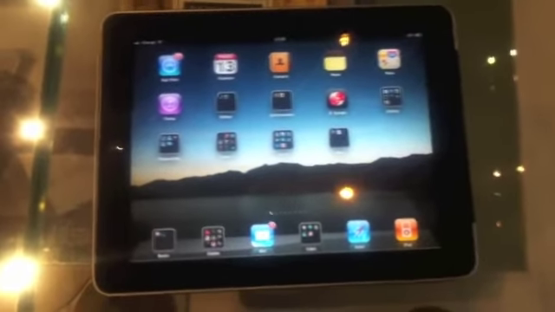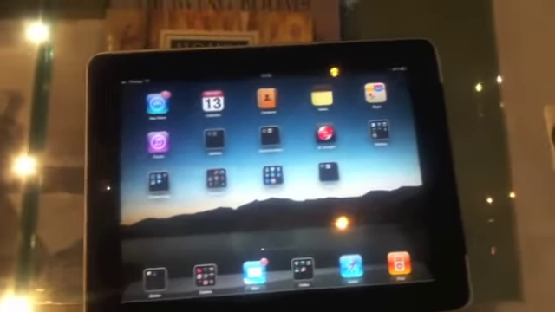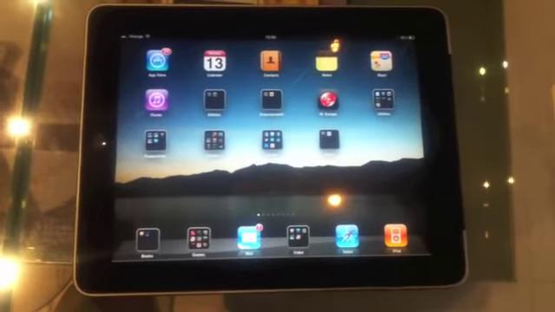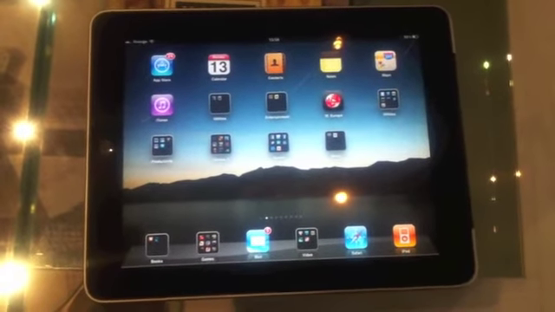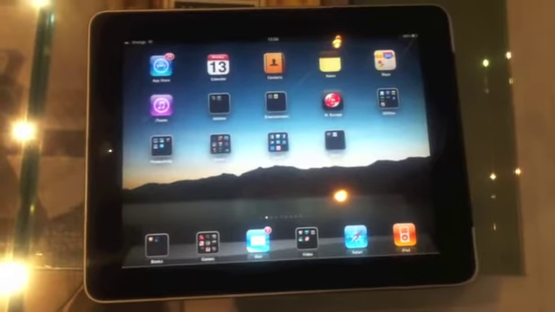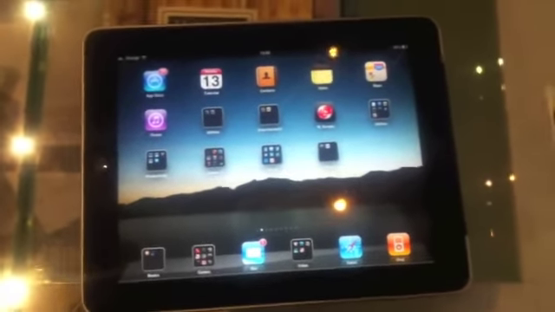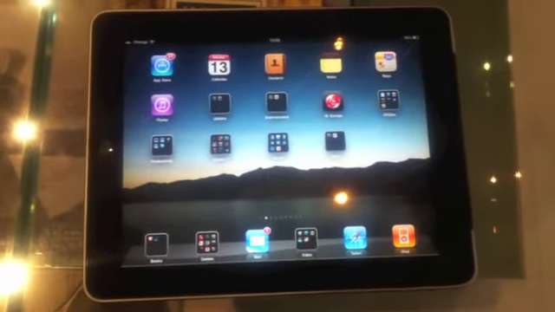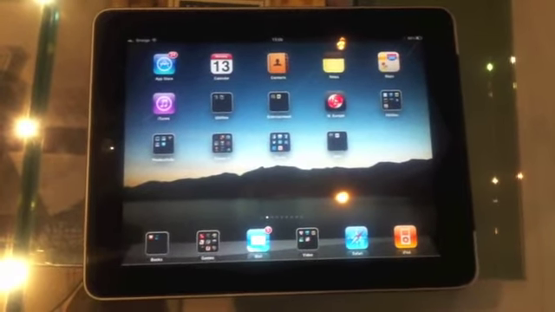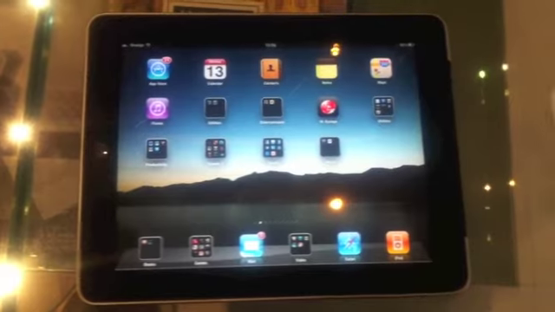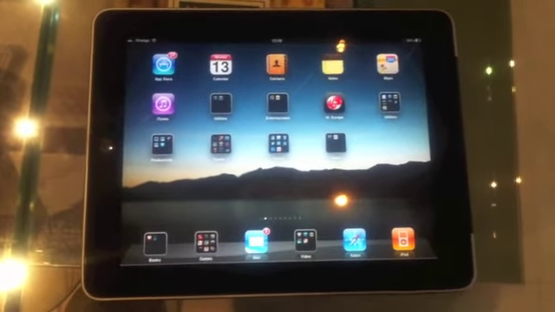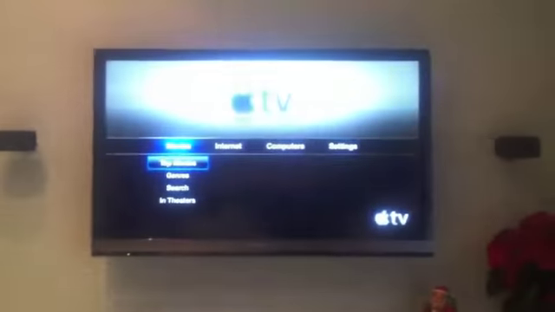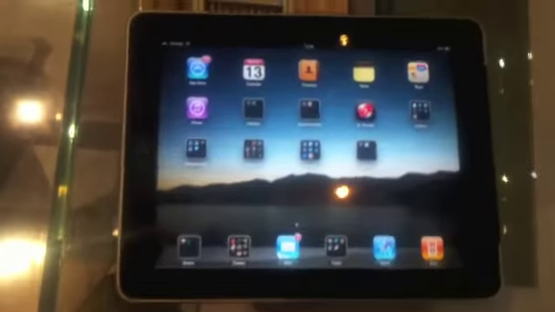A final iPad software feature I'd like to discuss is AirPlay. A lot's been said about AirPlay, and it is the ability to stream content from your iPad directly to a television. You don't need to go through a computer, you don't need to use any cables, it does it through a network. At the moment it only works on Apple TV, but there's been promise of a lot of future AirPlay devices. So I've got my Apple TV set up on my television, and I have some content on my